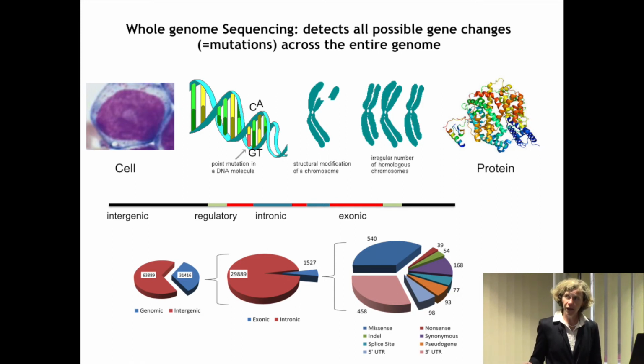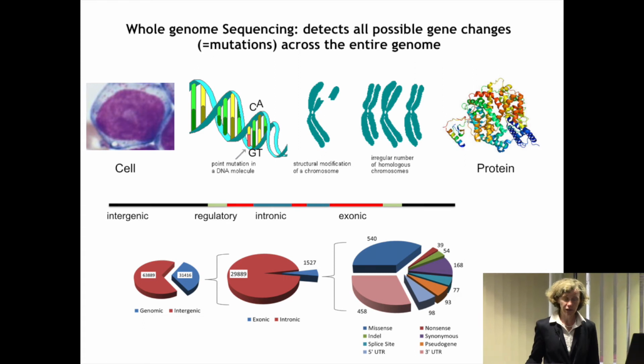So the problem we have, as I've already alluded to, with the current diagnostic technologies is that they're either very good at detecting one type of change, or good at detecting another. They're usually not very good at detecting translocations, and they can't detect everything in one go. And everything in one go means both the different types of mutations, and also where they are exactly in the genome. And I won't go into the details of that, but